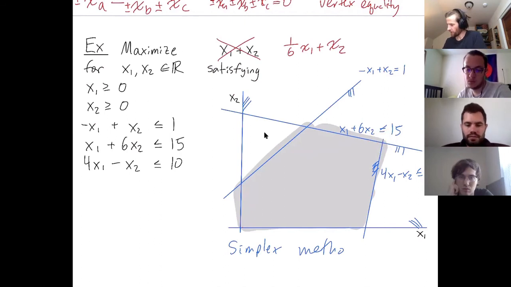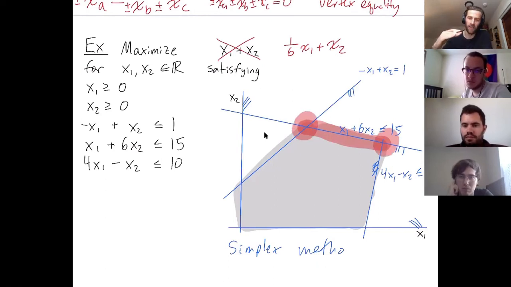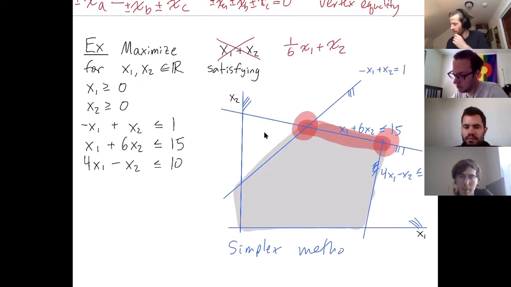Now it turns out that this entire edge is optimal, okay? So it'll turn out that an entire face can be optimal. Important for the simplex algorithm is when an entire face is optimal, there are still vertices that are optimal, these two vertices, okay? But we're finding the subtlety, oh boy,